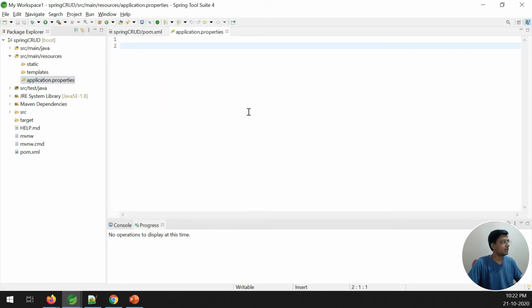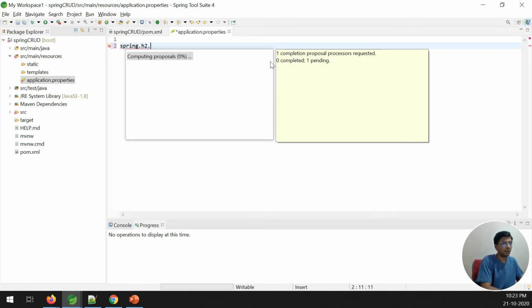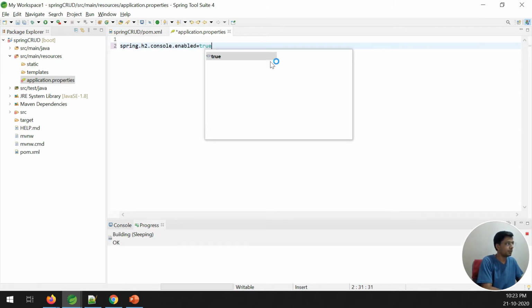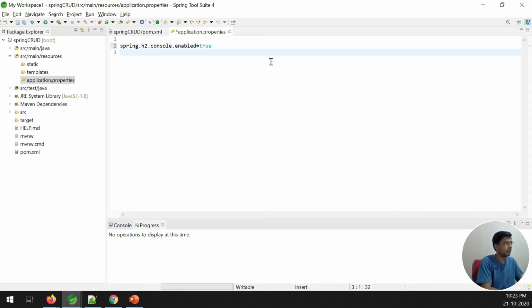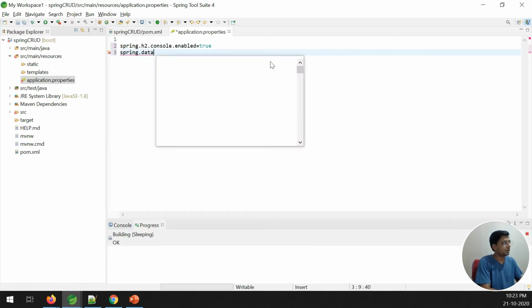In this I have to mention some database related properties. For that I am starting with the property. I have to write spring dot h2 dot console dot enabled is equal to true. At the end we are not required to put any kind of symbol, like a semicolon or comma. Then spring, then dot data source